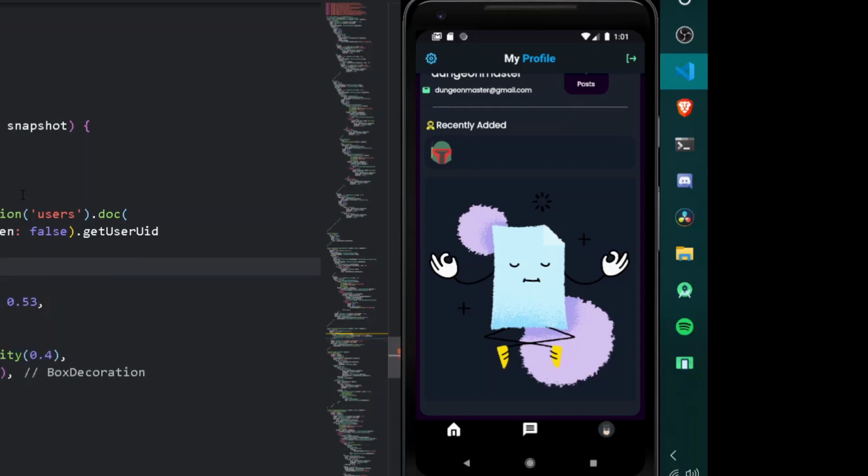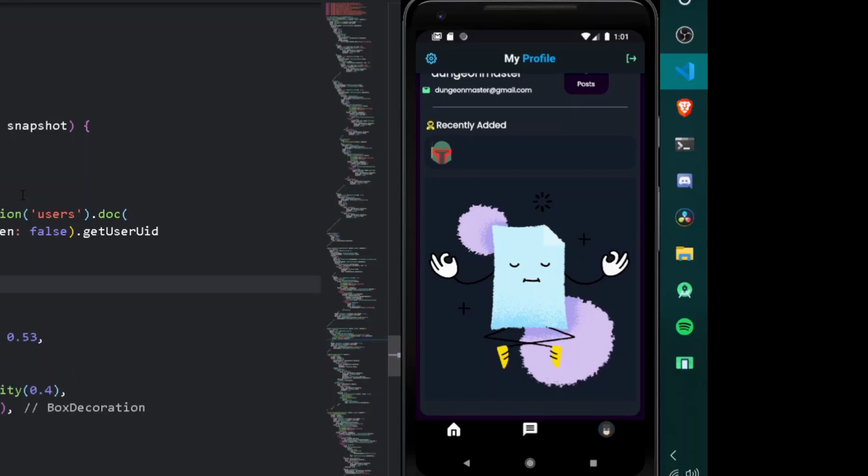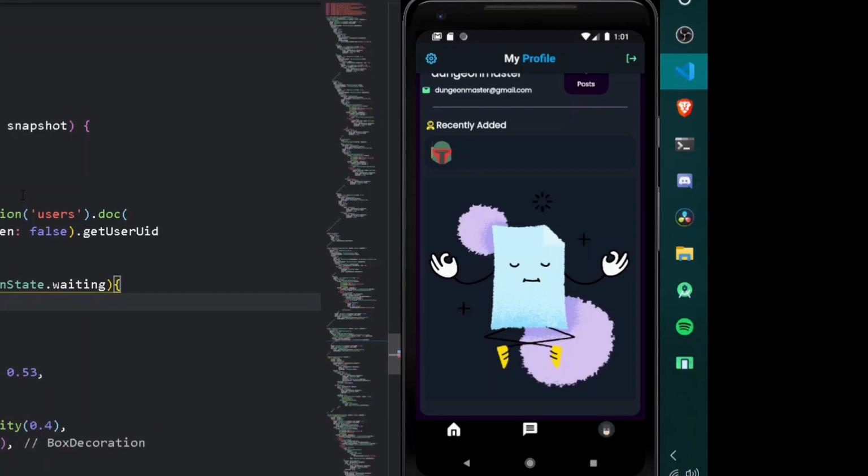So here for the builder let's have context and similarly a snapshot. Here if the following snapshot connection state is under ConnectionState.waiting, we shall be simply returning a Center having a child to be CircularProgressIndicator, easy thing.